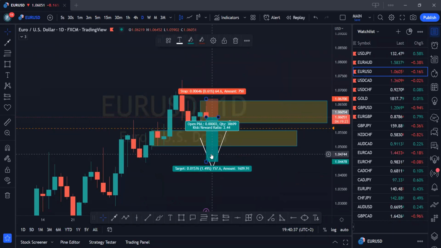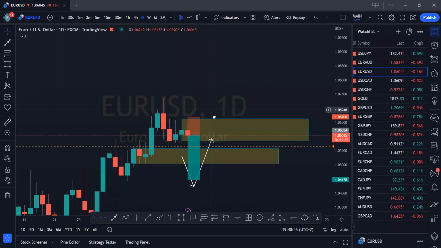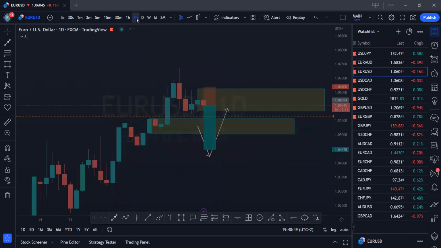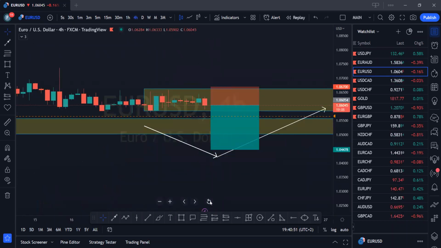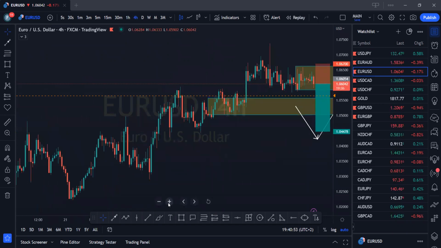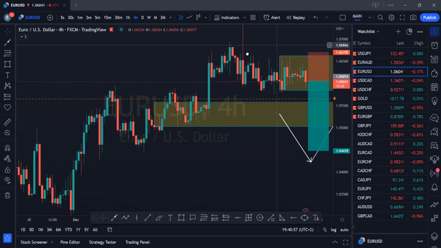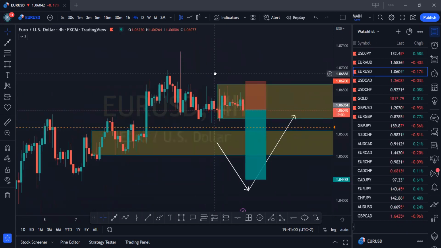So 1 to 2. This is a swing trade. For those that can't wait for price to do its thing, you can take the risk and take entry right now, based on preference. So that's if you want to follow the move. But ideally, price should sell, except we see a very strange fundamental come out in the next few days. All right, so that's what we have on Euro USD.